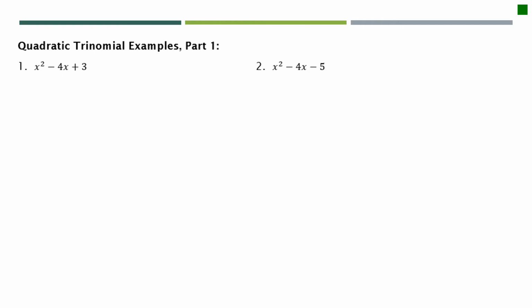We're going to talk about two types of quadratic trinomials. This is part 1 because these are slightly easier. We're going to use what we call diamond problems. They're not exactly a diamond, it's just an X really. And what you do is you put the last number here and you put the middle number here,